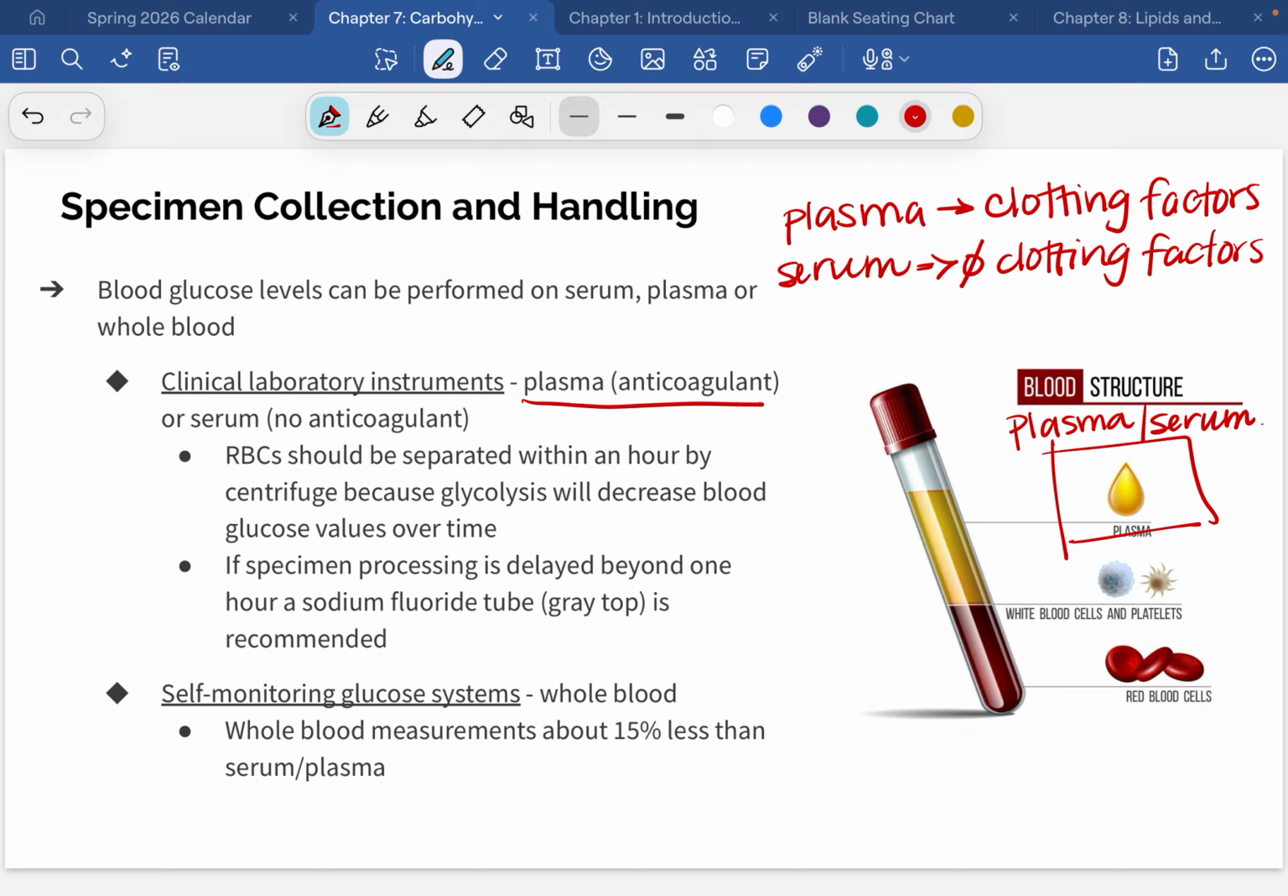But a lot of times these tests, it can be plasma or serum, and it doesn't matter. So that is the first part of a blood sample, is going to be basically the liquid portion. This is where all of the electrolytes and proteins are, any kind of